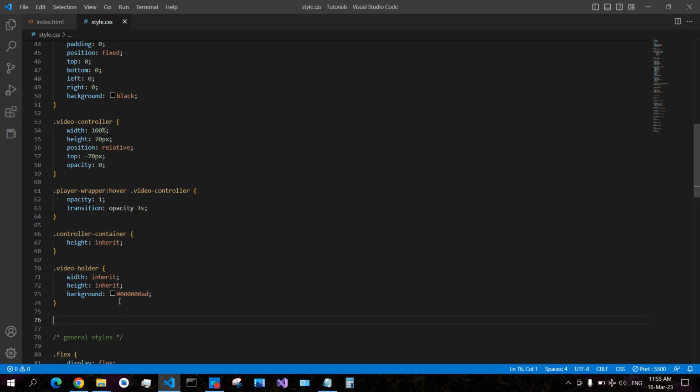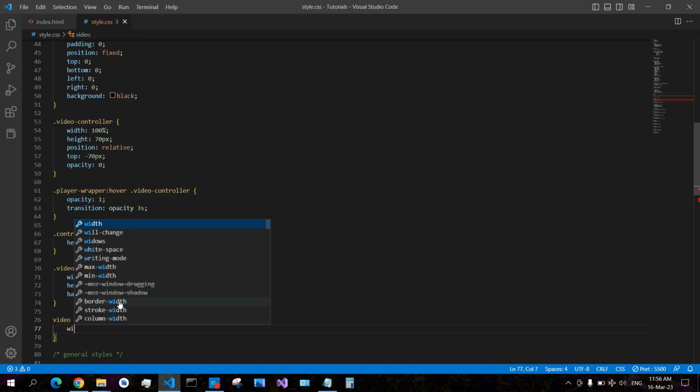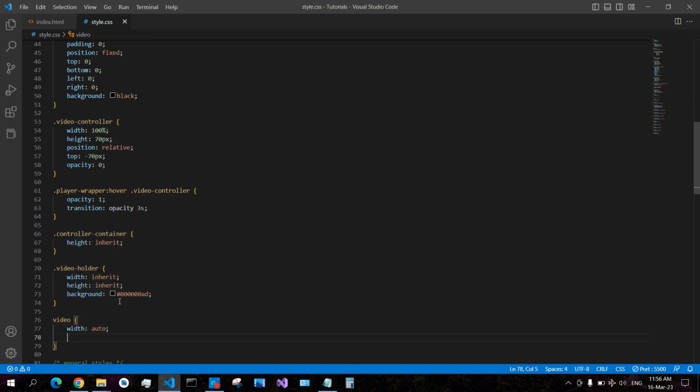Let's see now, very nice. And the video itself, we want that the width is auto, so sometimes it can be the full width or sometimes it can be the half or something, but the head should be fixed, no overflow in the head. Width auto,